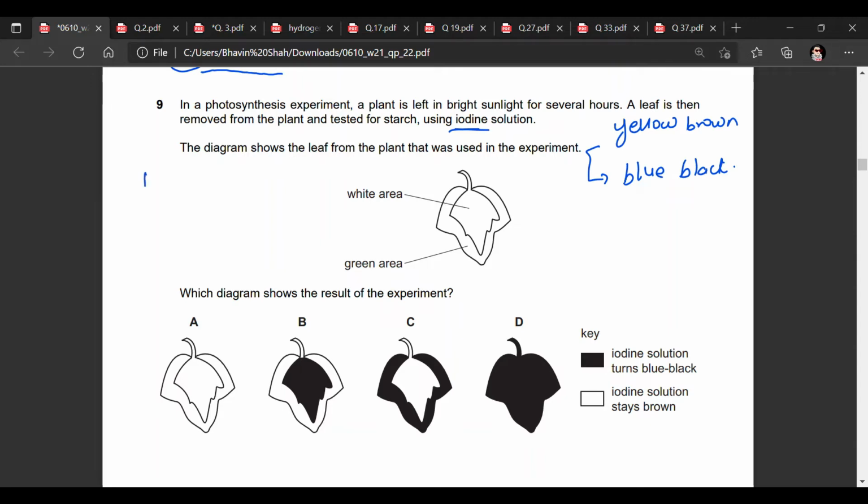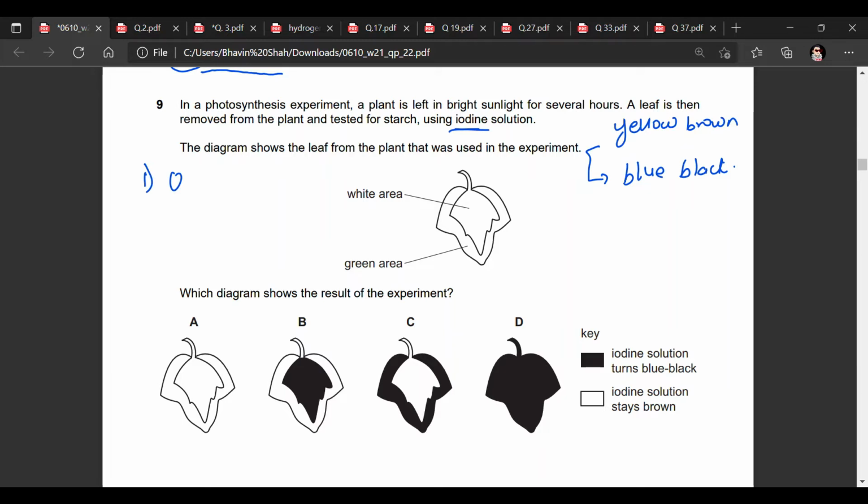So the first stage, we said that the leaf is put in boiling water to break the cell membrane. Second, we are going to dip it in ethanol so the chlorophyll dissolves. Now the leaf has become very crisp. Okay, so we need to put it in lukewarm water again to soften the leaf. And the fourth thing, you are placing it on a white tile. On this white tile, we are going to put iodine solution,